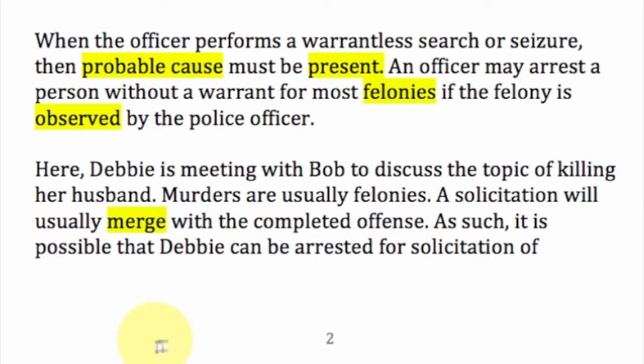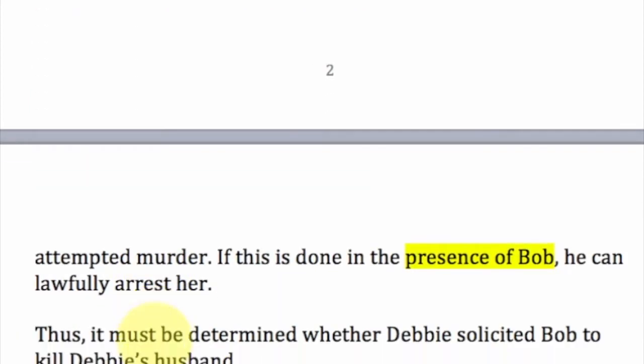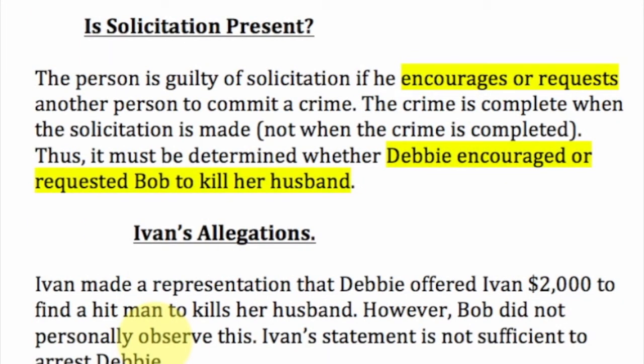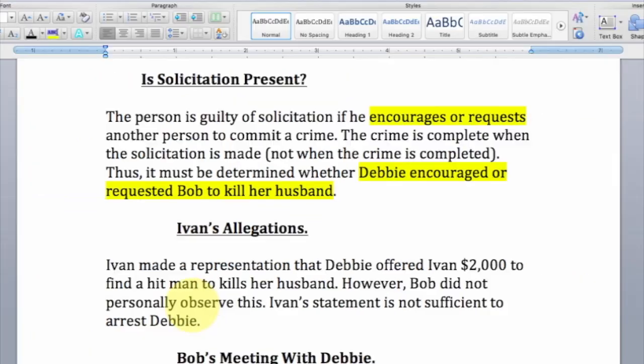We know that officers can arrest a person if that person commits a felony in their presence, and then of course an arrest can take place. So I'm looking for that, and we might have here a solicitation on the part of Debbie, and if that happens, that can merge with the completed offense, and that can lead to a felony. So I'm going to see if there's a solicitation present here, based on the encounters, on the dialogue. First we have Ivan's allegations, and I'm going to say that that's not going to be very useful for the police to establish probable cause,